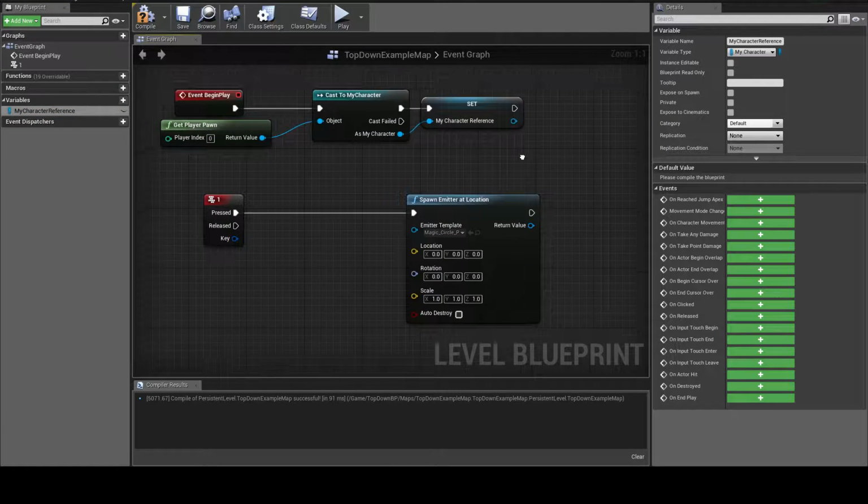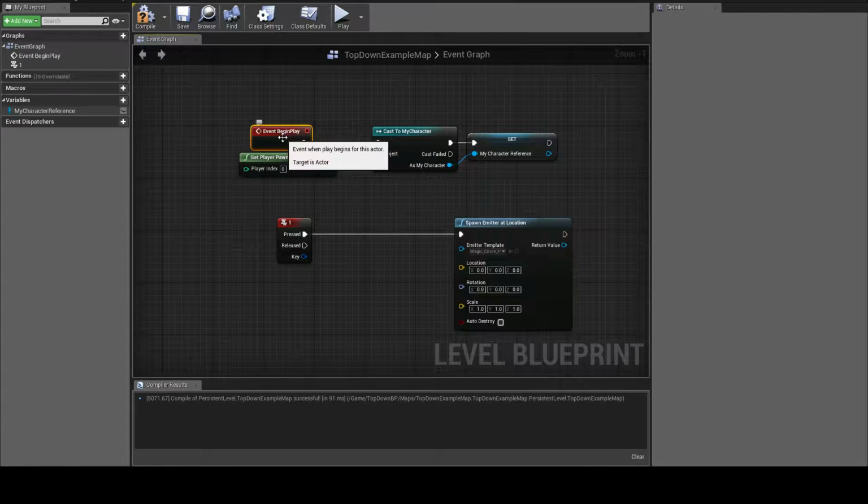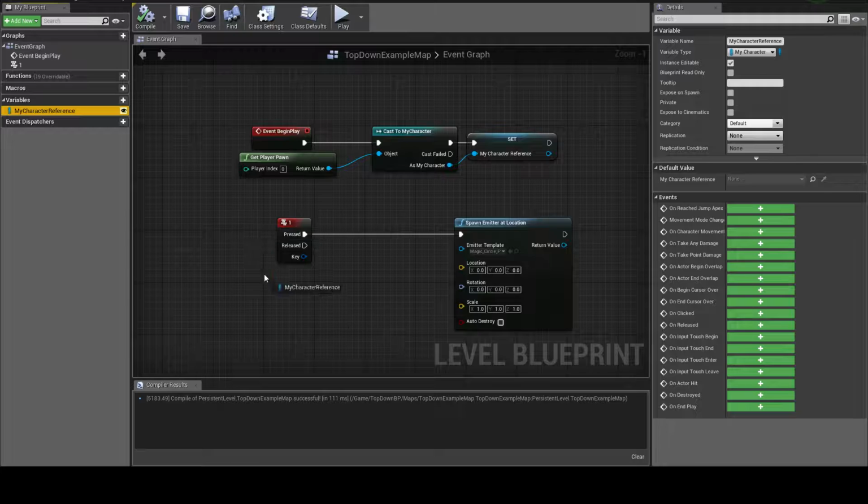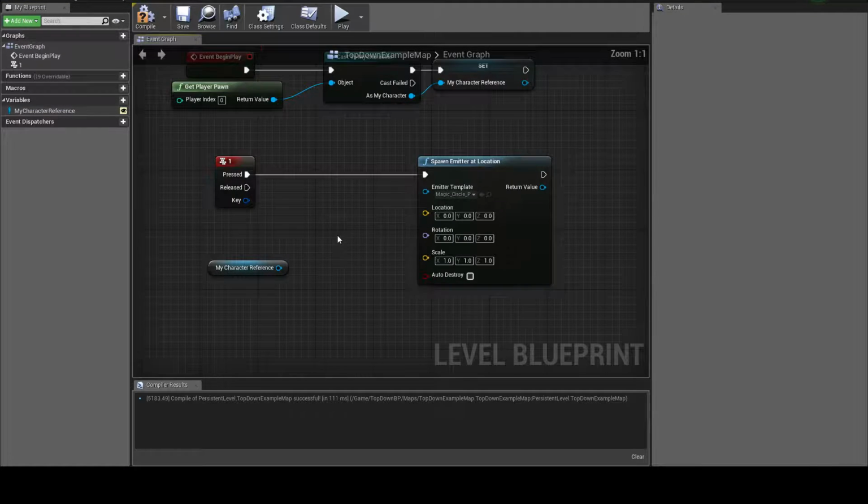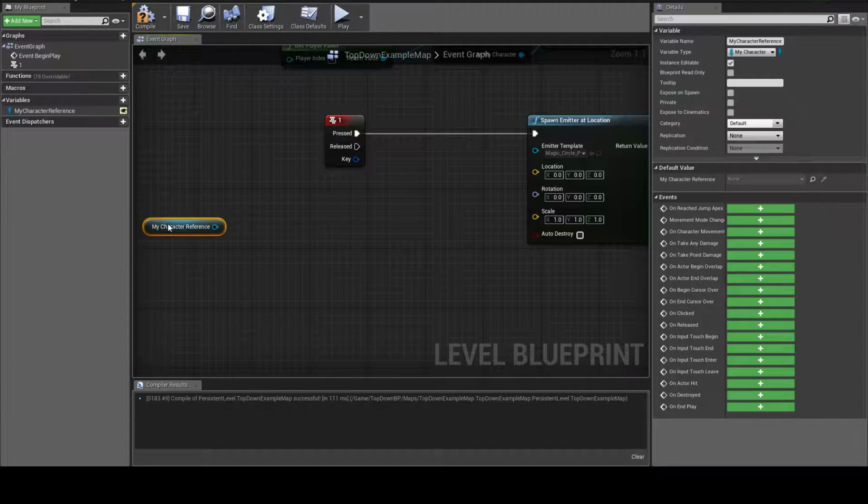There we go. So when the game starts, event begin play, it gets the information from the character that I control, sets everything to this reference. So now from here,